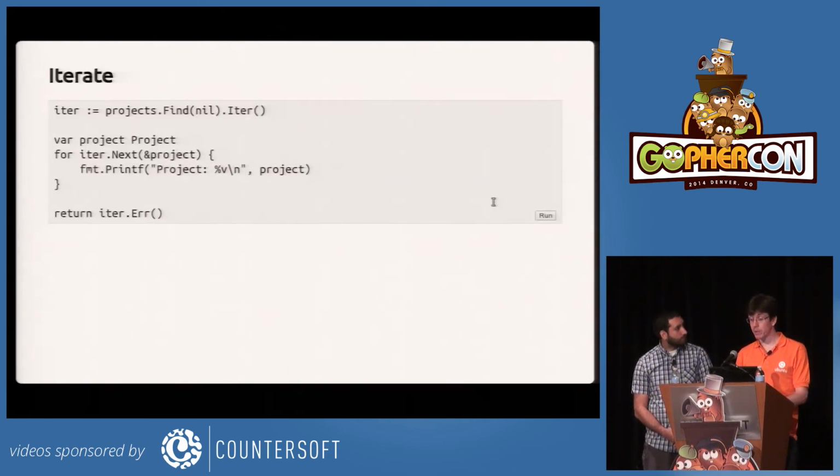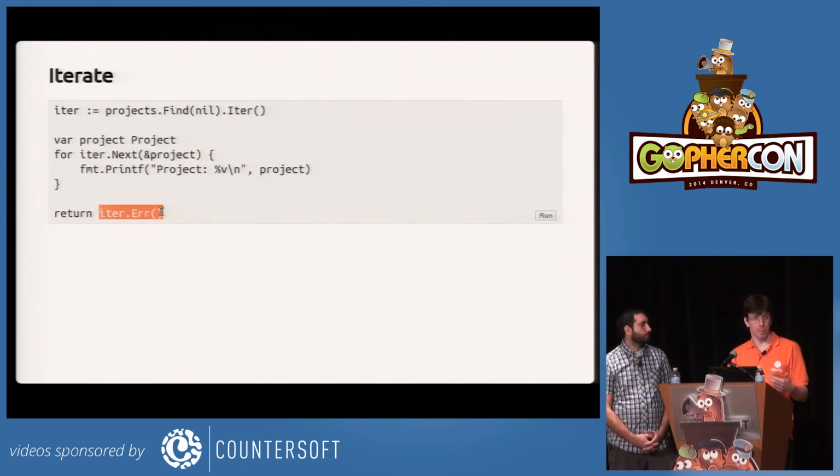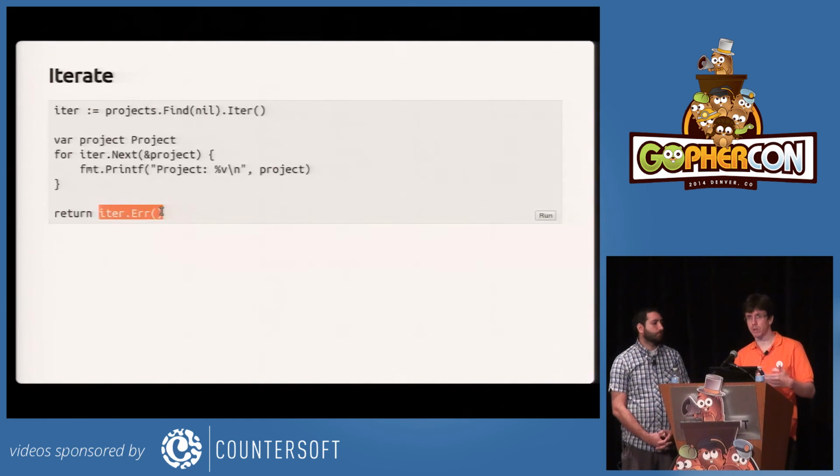Again, we can iterate here using a standard Go convention. You probably have seen that Next convention in other packages as well. We use something slightly different. We use the actual value in the loop in the Next call, but the idea is the same. For every value, every result you get, you're going to have a new iteration of the loop. And then when you leave the loop, you should check the error to make sure that the iteration through to the end was all correct.